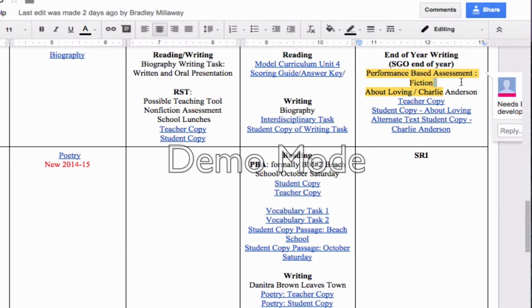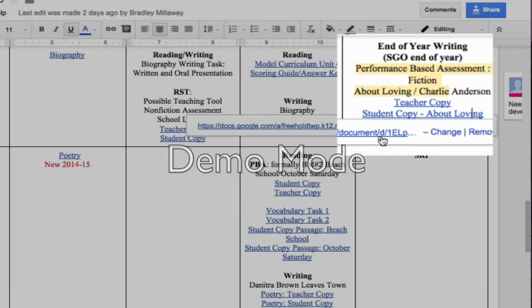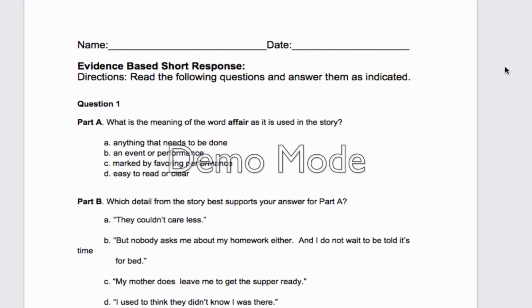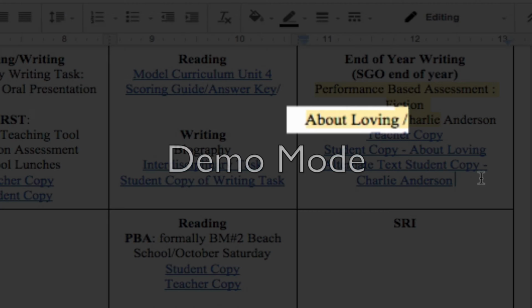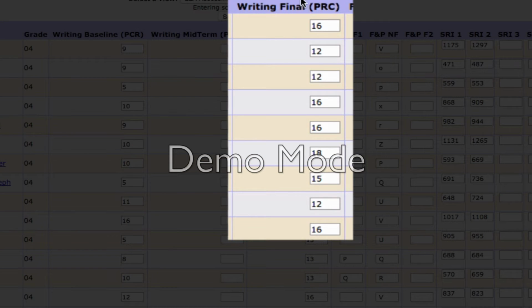scoring guide. In the final column of your ELA curriculum assessment map, you will see the end of year writing task. Some teams are using this for their SGO, but teams that are not using this for their SGO must still give this assessment. It is a performance-based assessment based off of fictional text. About Loving is the piece that must be scored and put in the writing final under ELA assessments in your